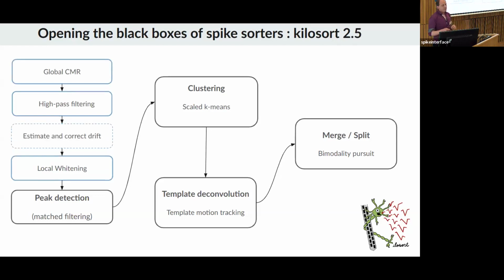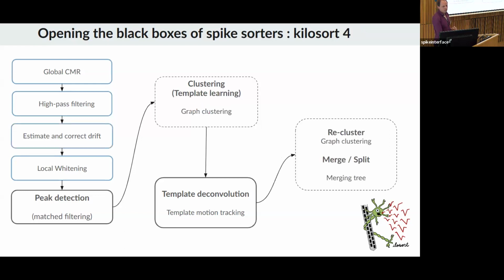Kilosort 2.5 builds upon Kilosort 2 and adds an estimate and correct motion drift step as a pre-processing step. This is the major improvement here. And as Charlie already explained before, this is with a unique template and some centralized approach of correcting for motion. The rest of the algorithm is similar. I won't talk about Kilosort 3, but Kilosort 4 mostly refines again. So the same pipeline is kept constant. The clustering is a bit different here.